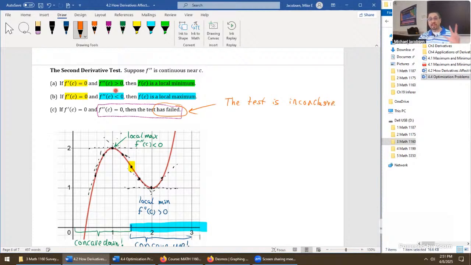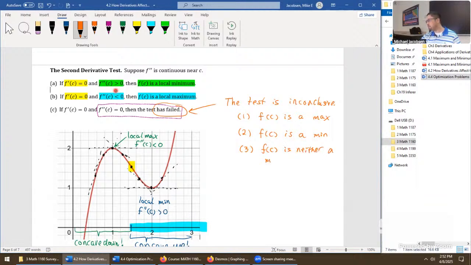If it's inconclusive, that means there's 3 things that can happen now. We have a trichotomy. We could have case 1, f at C is a maximum. Or the other thing that could happen is that f of C is a minimum. Or the third possibility is that f of C is neither a min